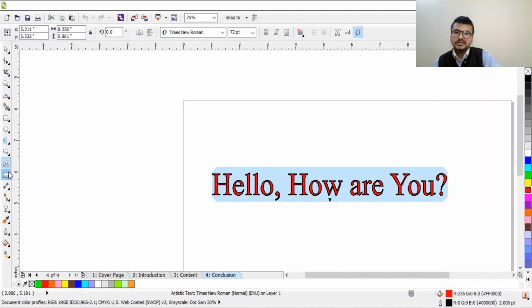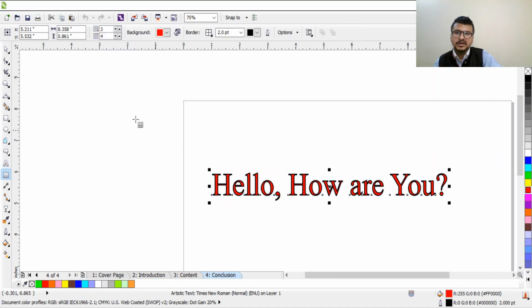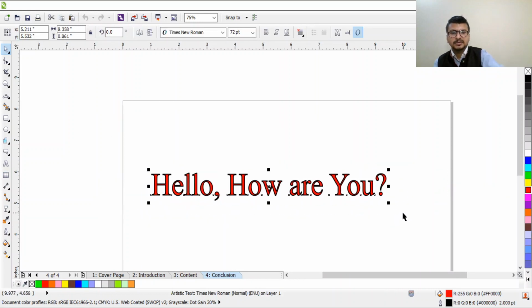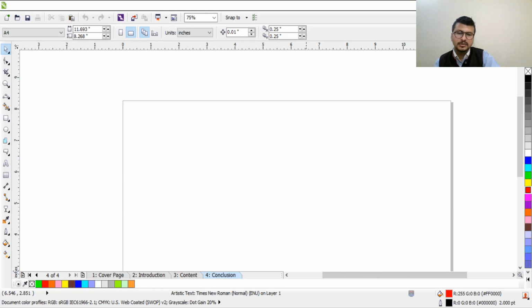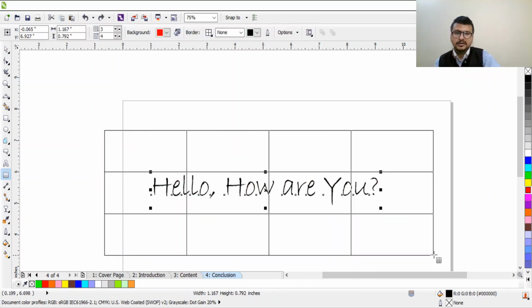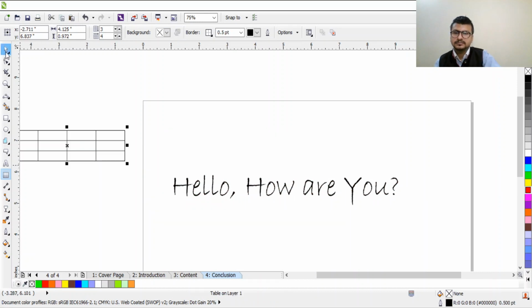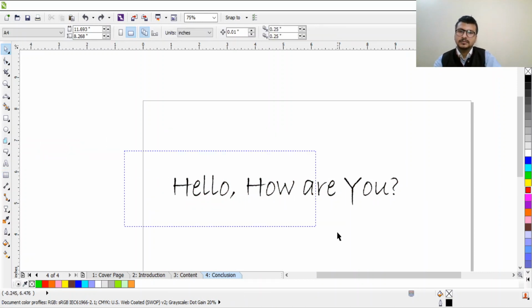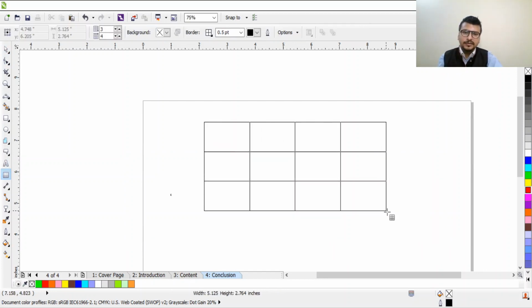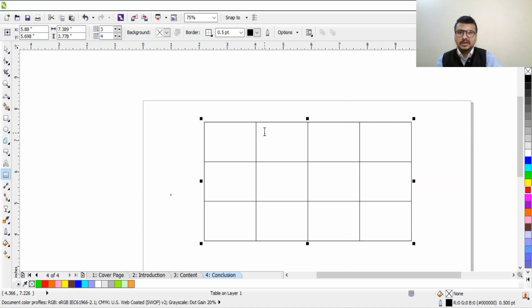Coming to the next, the table tool. Let's delete this by using marquee selection, pressing delete from the keyboard. Coming to the table tool. So this table tool, when we create this table, by default something like this will come, and on the top left side you can see this is 3 and 4.